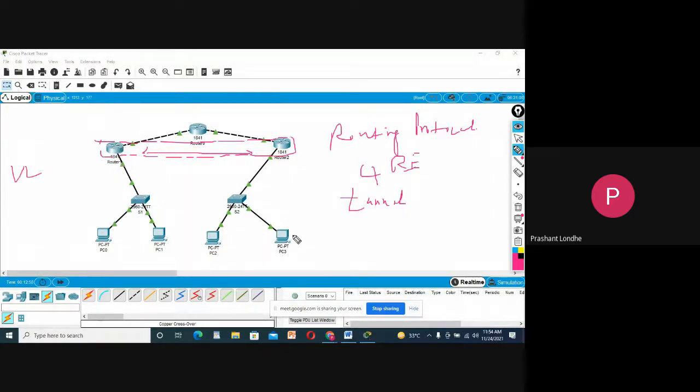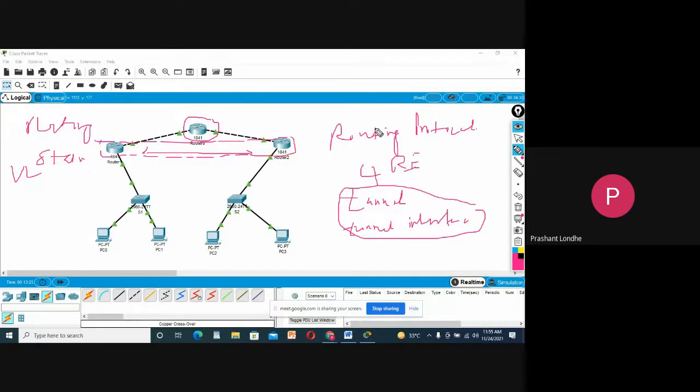Now you can see, therefore, we have to configure the tunnel interface. Basically, the tunnel interface is going to communicate through R0, so we feel like there is a connection between router 1 and router 2. After configuring this kind of interface, we need to configure some kind of routing. It may be static routing, or RIP routing, or OSPF routing, or BGP routing.